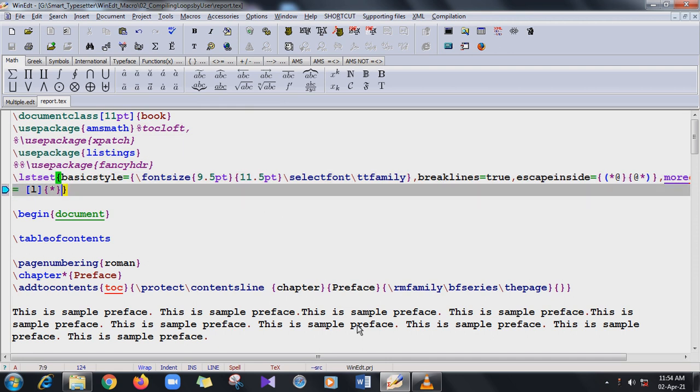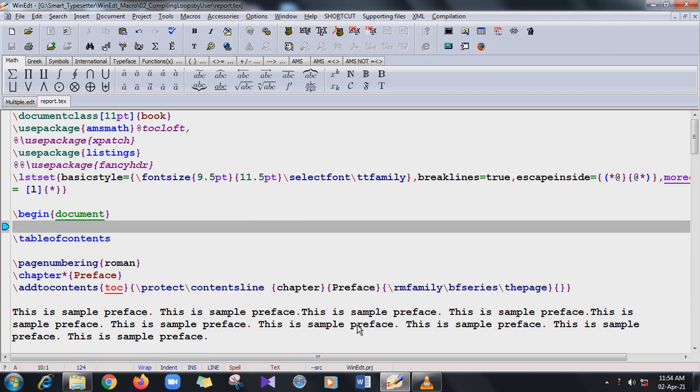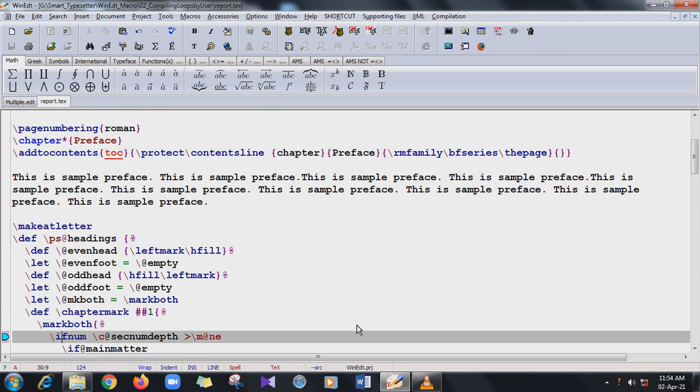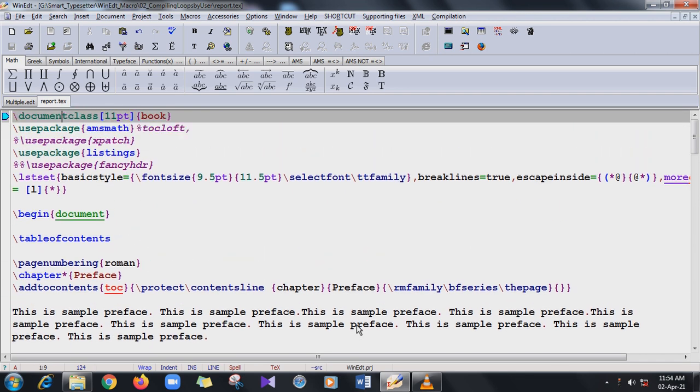This is a sample book I have written here. It has 2 chapters only, and one preface. So first thing I'm going to run is